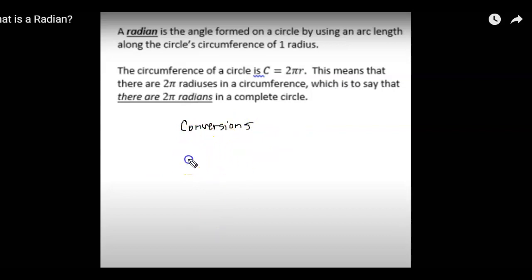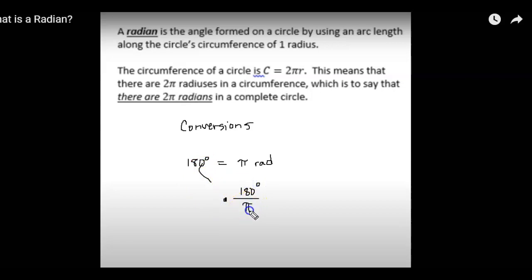But it's important to know that 180 degrees, half of the circle, is equal to pi radians. That's exactly half of the circle. And so if we're doing a conversion, you want to think about what you are trying to get rid of and what you are trying to keep. If I am trying to get rid of radians and get degrees, then I'm always going to multiply by 180